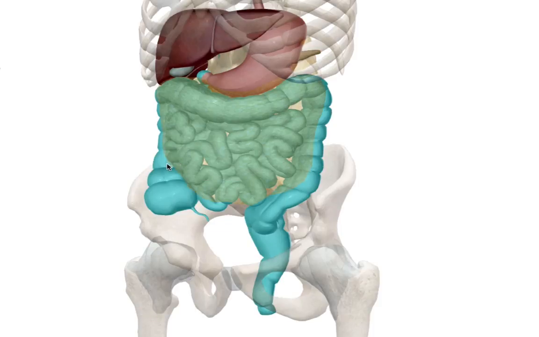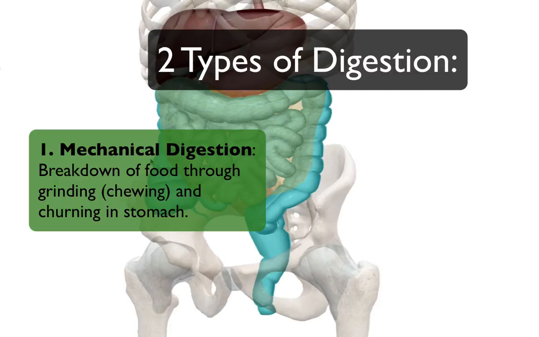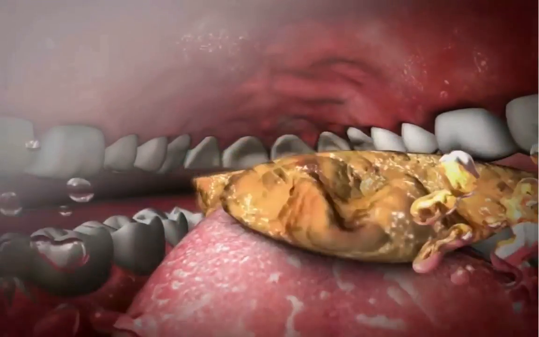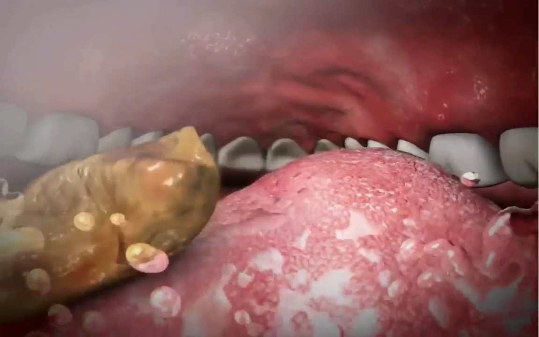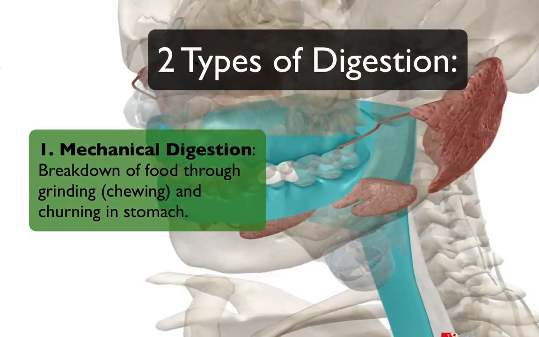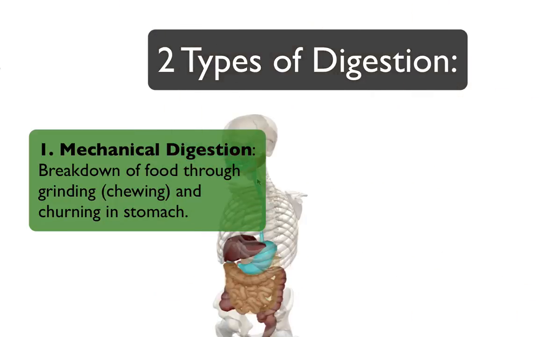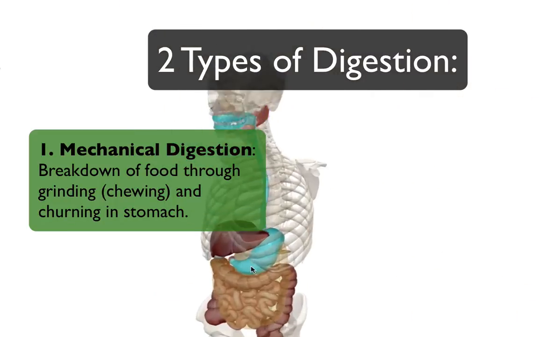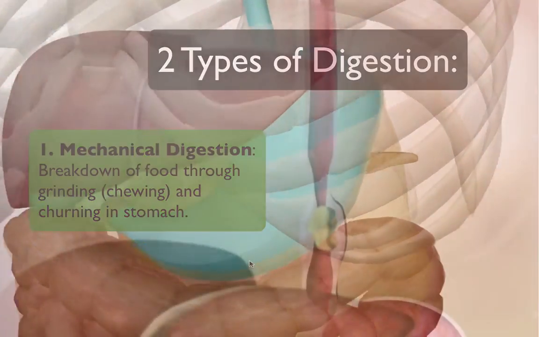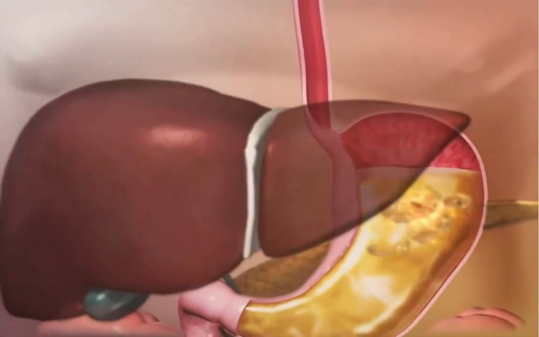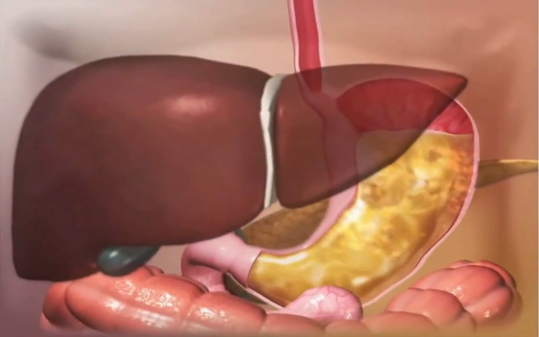The first one you already saw just a minute ago is called mechanical digestion, and that is the physical breaking down of food, which is normally done at the mouth when you're grinding your food. And then also, let's zoom out a little bit. The other part where this breaking down occurs, or the grinding, is the stomach. Your stomach churns the food. So this is the physical, mechanical breakdown of food, and then you have the chemical digestion,